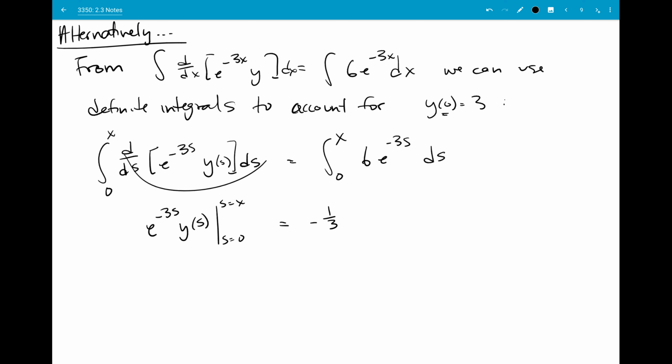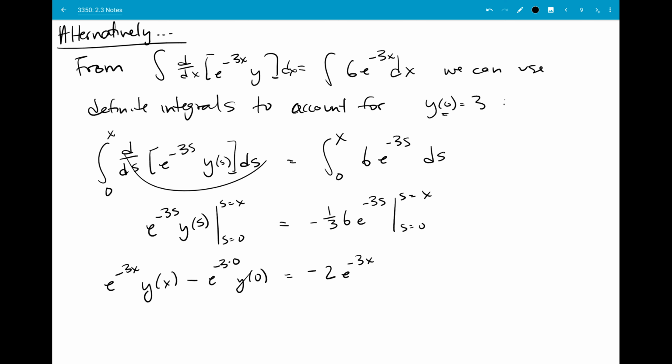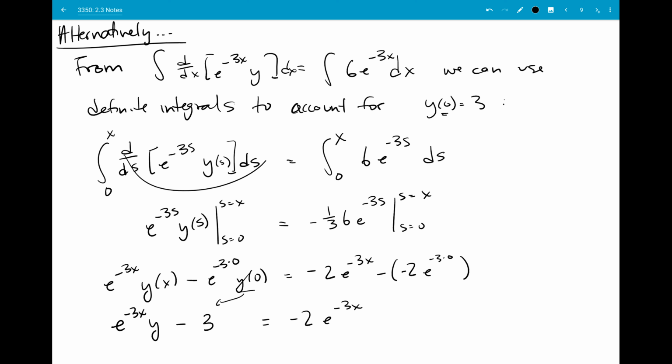And then you've got minus 1/3 6 e to the minus 3s evaluated from s equals 0 to s equals x. So you've just got e to the minus 3x y of x minus e to the minus 3 times 0 y of 0 is equal to negative 2 e to the minus 3x minus negative 2 e to the minus 3 times 0, which is just going to give us e to the minus 3x times y minus 1 times y of 0 is 3. That is equal to minus 2 e to the minus 3x plus 2,